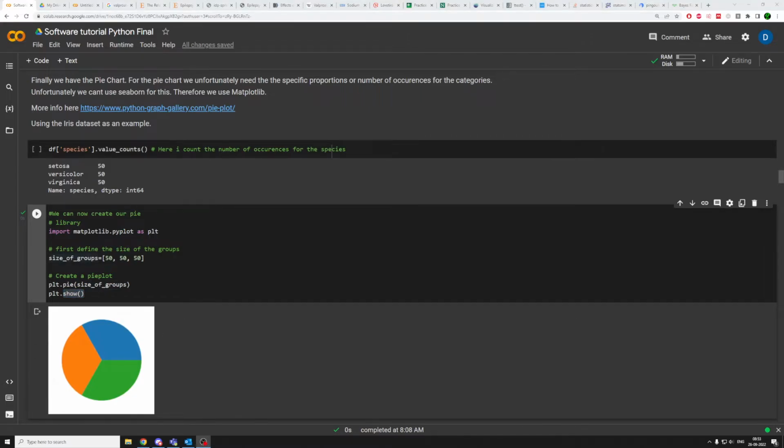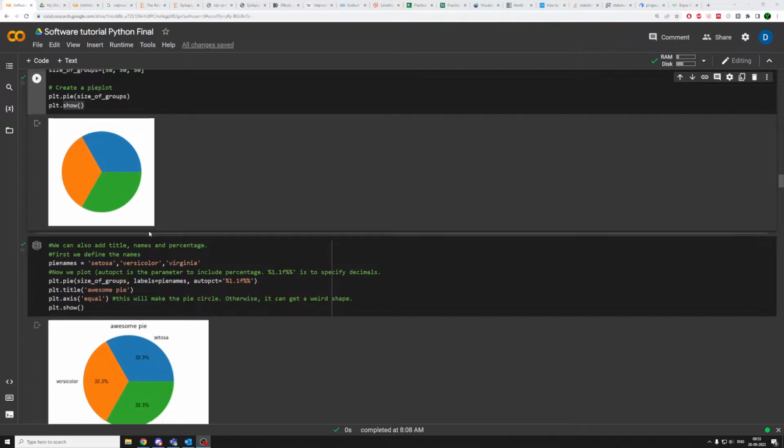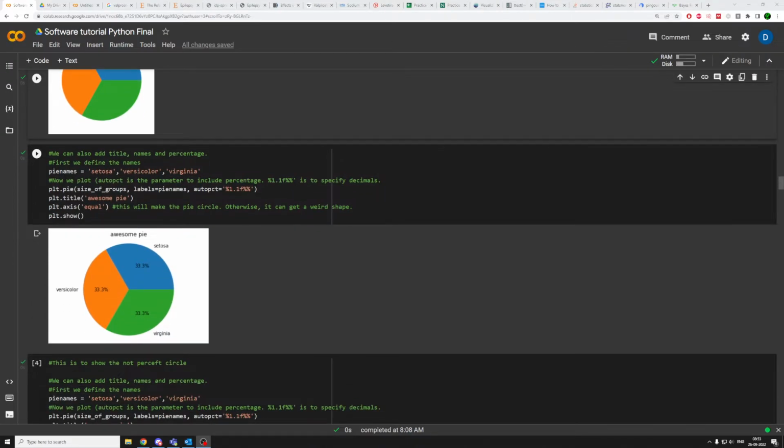So we can also add some more information to these charts here. So for example, names and stuff like that. That is what we do here. So we can say the pie names, they are Tosa, Vesicola, and Virginia. And then you can specify that in the function. So we write here